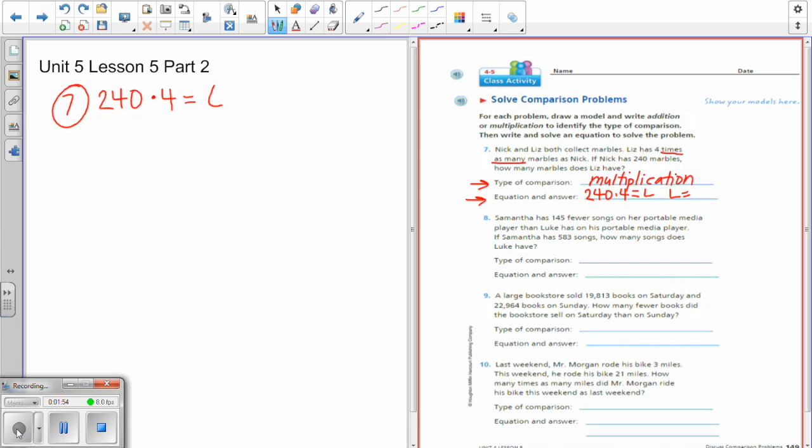So number 8 says Samantha has 145 fewer songs on her portable media player than Luke has on his portable media player. If Samantha has 583 songs, how many songs does Luke have? So I'm hearing the fewer kind of tips me off that this is going to be an addition comparison. And in this case, if the picture helps you,